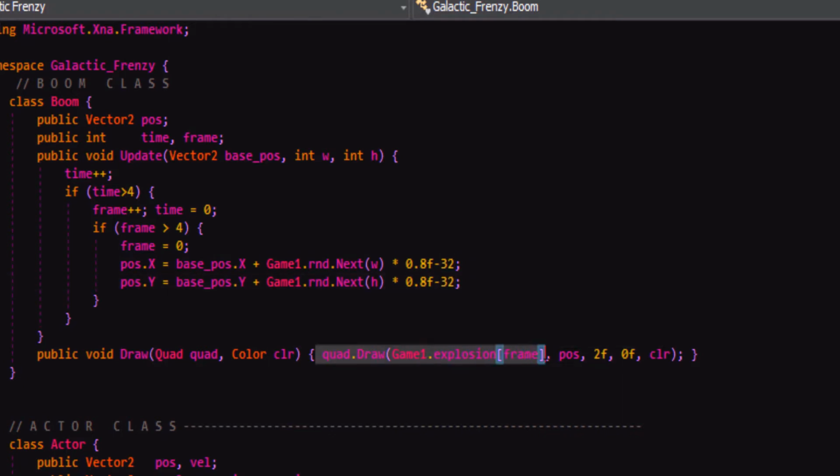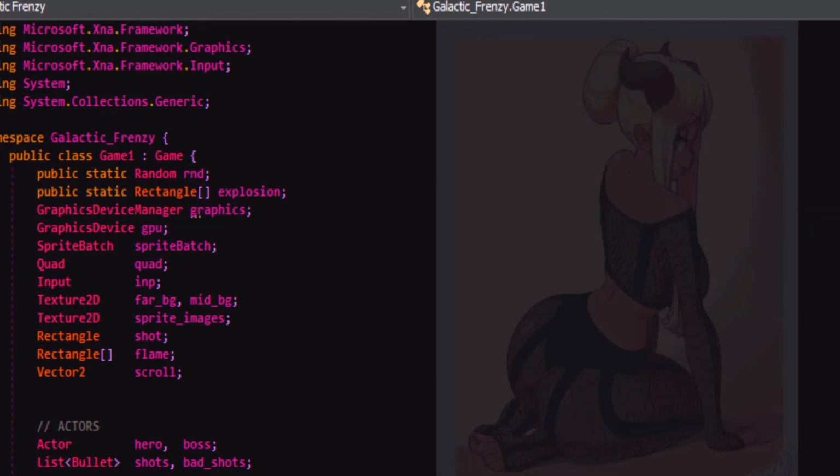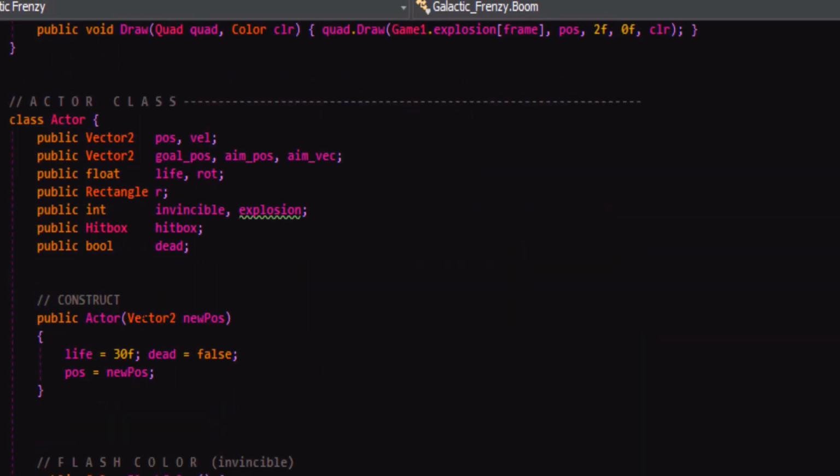And we'll be able to draw the explosion frames from any of our methods. We don't have to pass them in or anything. That kind of makes it handy, especially if we've got a whole bunch of particles and lists and stuff all over the place using it. So I just get it from game 1. Basically, that's why I made it static here, because I knew it was going to become a problem. All right, so that's it for that.